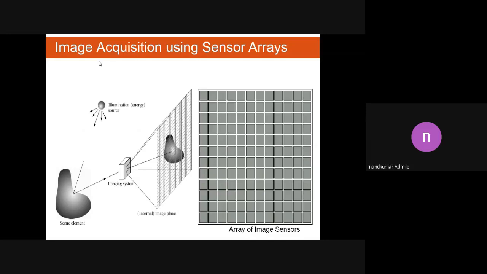But while using the second method, we are not able to capture 100% of the image. So in order to capture the maximum part of the image, we can arrange the sensor strips adjacent to each other in a vertical direction or in a horizontal direction. We can form one rectangular board using these sensor strips. By using this, we can achieve 100%, or the maximum part, of the image.